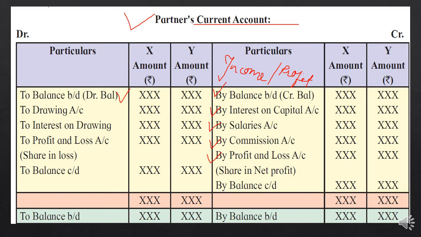Or the opposite of this: income's opposite is expense, any expense, any loss, and any expense of the partner will be debited. Remember our rule, students, IPLG and real, so this is fitting into that. So drawings account and interest on drawings account are all expenses because the partner will have to pay this. Loss has to be borne by the partner, so all these items are on the debit side.